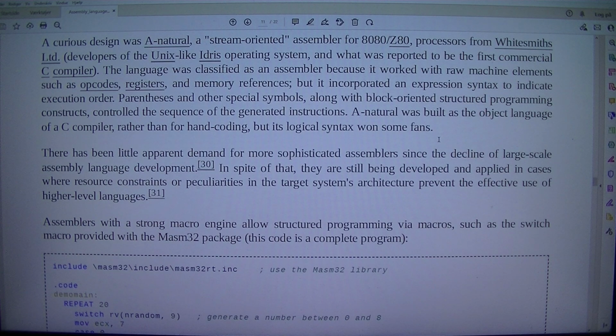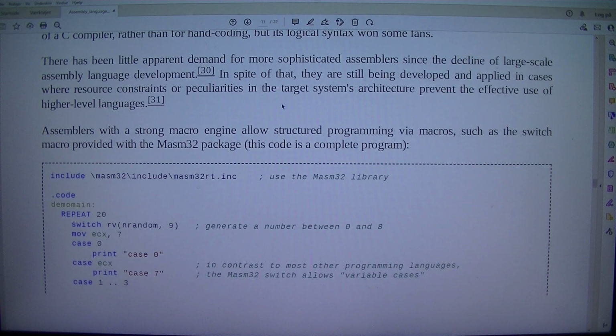There has been little apparent demand for more sophisticated assemblers since the decline of large-scale assembly language development. [30] In spite of that, they are still being developed and applied in cases where resource constraints or peculiarities in the target system's architecture prevent the effective use of